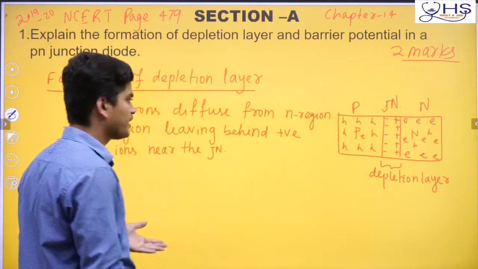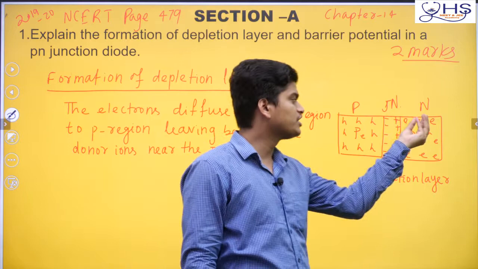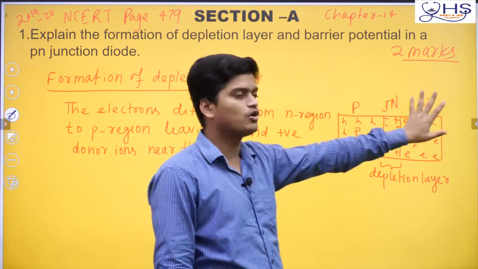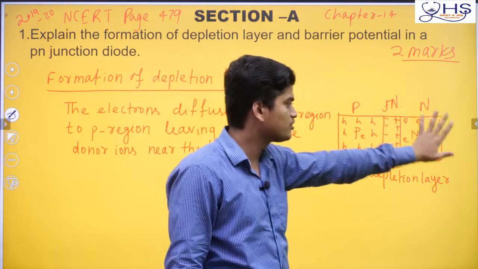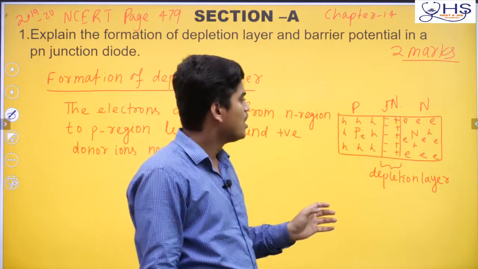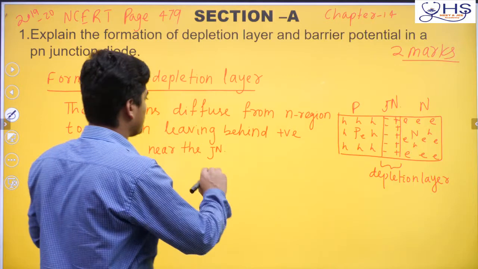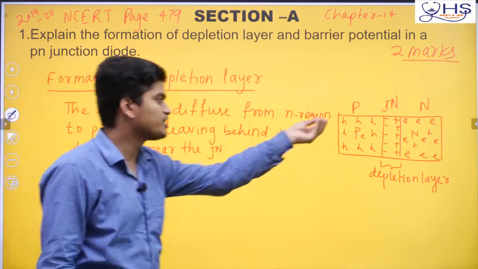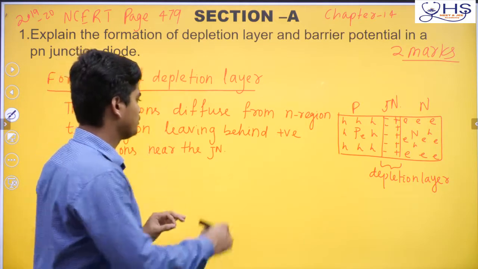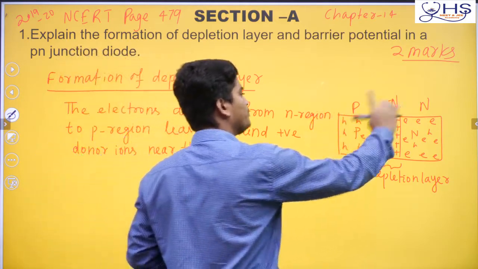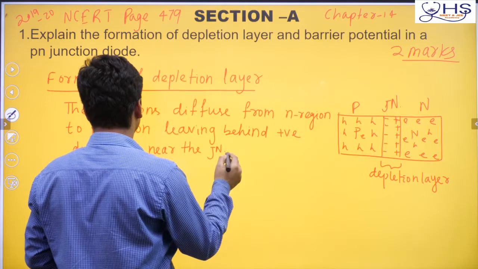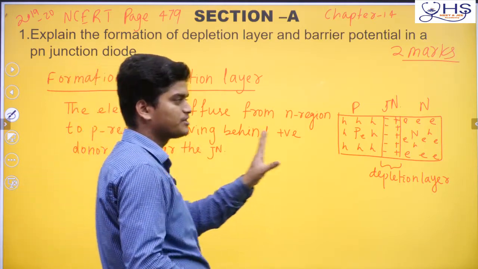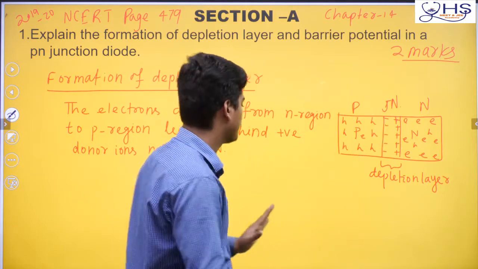Then what is the next point you can write? I told this one: these electrons are coming from here to here because of the concentration difference. Electrons always flow from higher concentration to lower concentration. Now here you can write the same thing about the holes, the same lines, just change the words. In place of electron you say hole, and it will go from the p region to the n region, leaving behind acceptor ions, or basically what is called a space charge, you can say also.